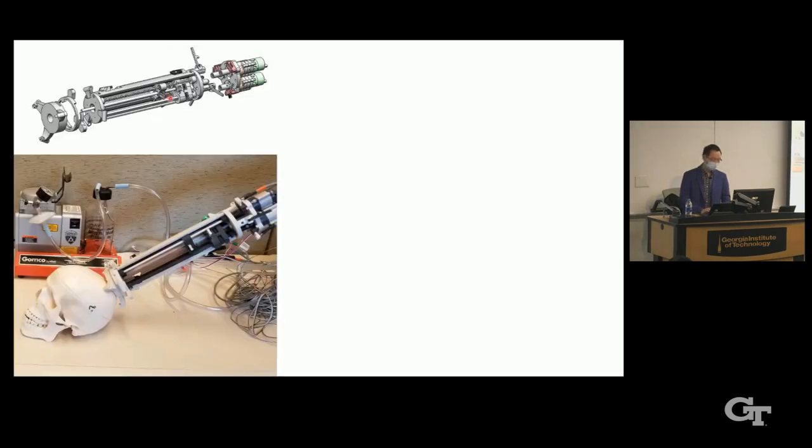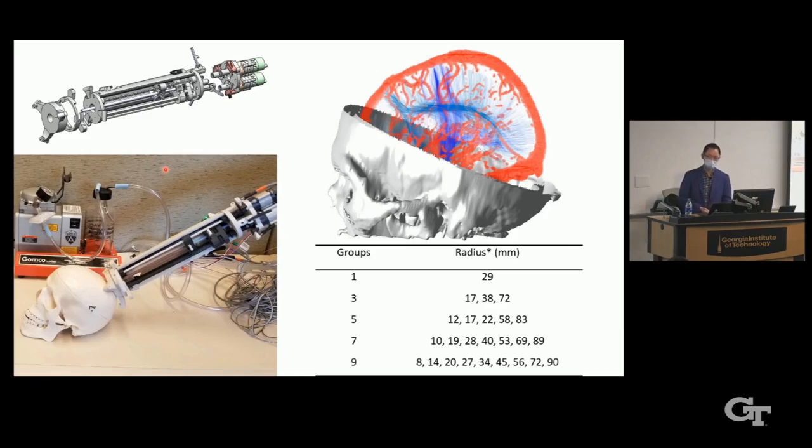So our ongoing work includes the robot optimization. This is the most updated robot design. And another ongoing work is the robot path planning. Basically, when we insert the needle, should we avoid some critical structures, for example, the DTI and also the arteries